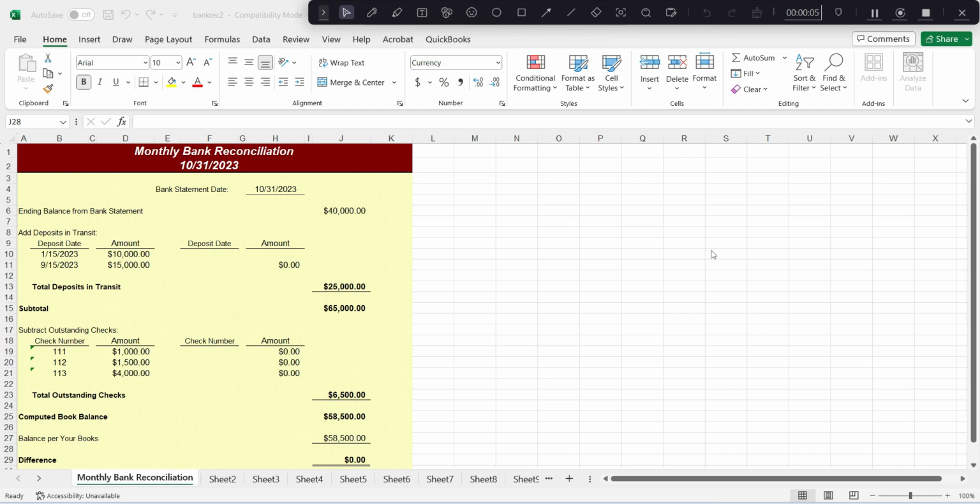In front of us, we have the bank reconciliation, a made-up one, from October 31st, 2023. One thing I want to mention is I downloaded this from the Wolters Kluwer website. It was the only one that didn't require an email, so I figured I'd give it a shot. But